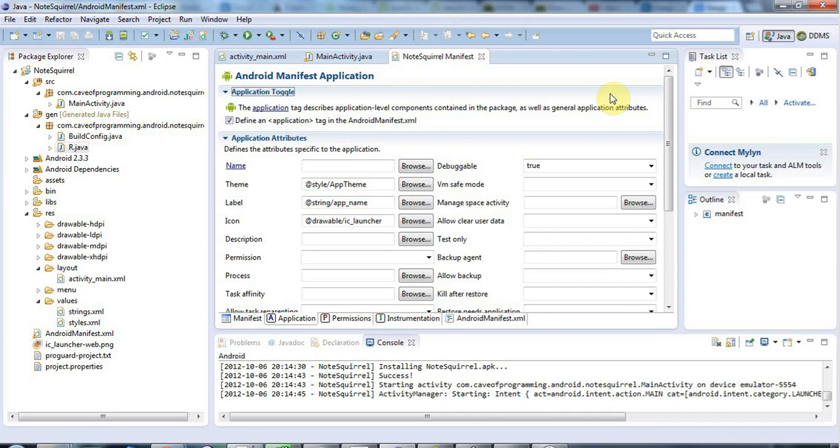Hello, this is John from caveofprogramming.com, and in this tutorial we're going to look at setting an icon for your application. Now there are a couple of free tools that I like to use to create images, and I'm not